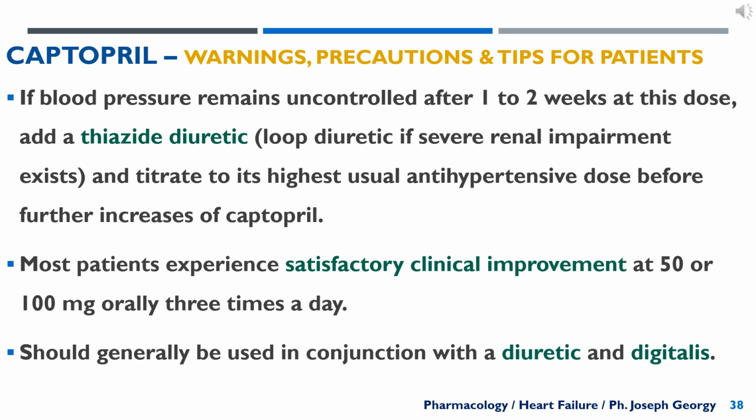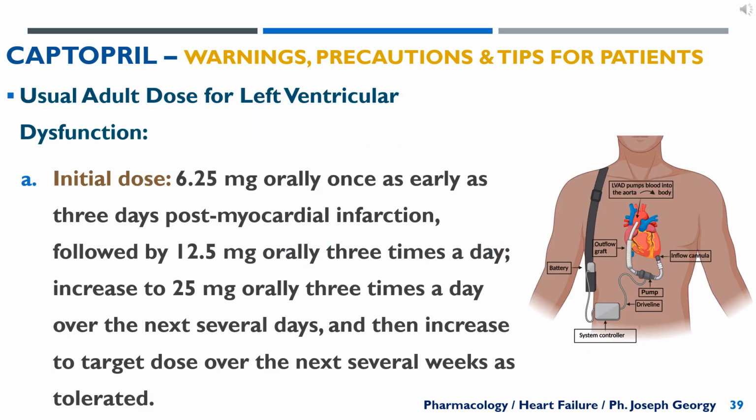Most patients experience satisfactory clinical improvement at 50 or 100 mg orally 3 times a day. It should generally be used in conjunction with a diuretic and digitalis. Usual adult dose for left ventricular dysfunction. The initial dose in this situation is 6.25 mg orally once as early as 3 days post myocardial infarction,